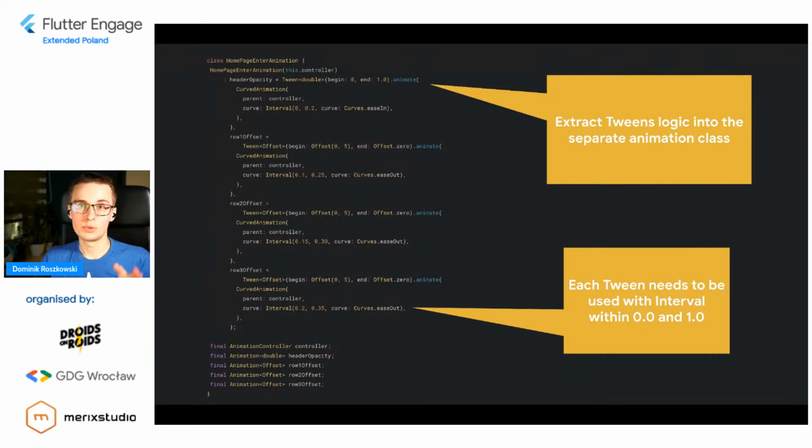And between 0 and 0.2, this tween will animate this value, 0 and 1, with an is in curve. So only for this part, 0 and 0.2, this curve will be interpolated with this function and between these values. And the same will happen with offset, from 0.15 to 0.30 with curve is out.